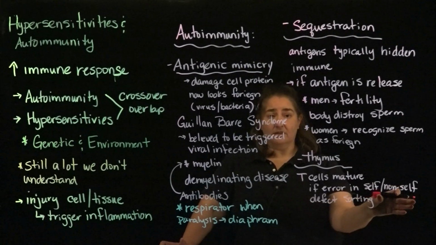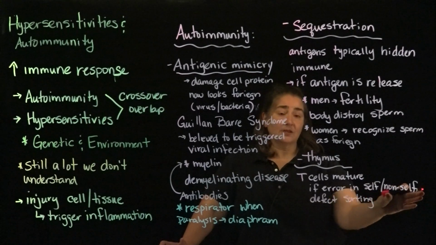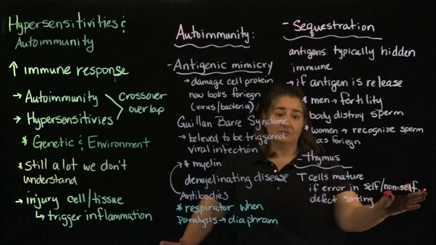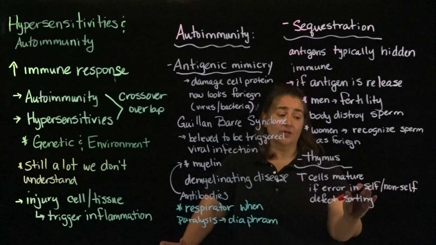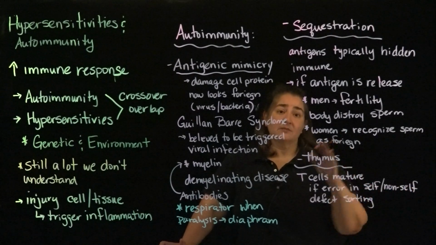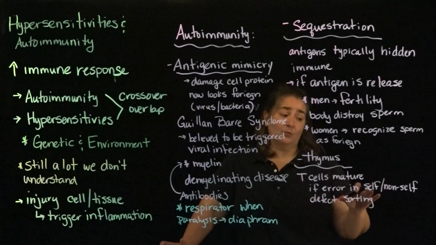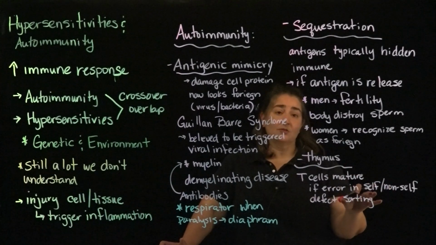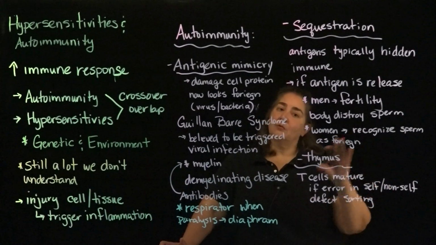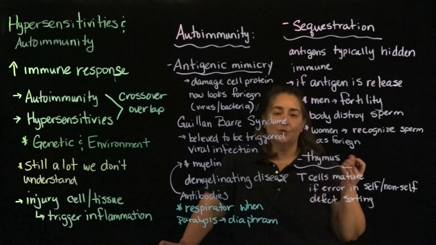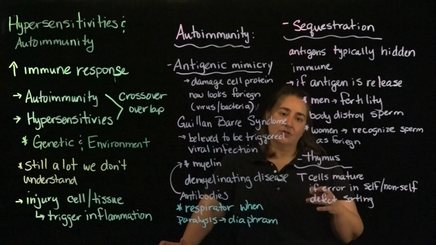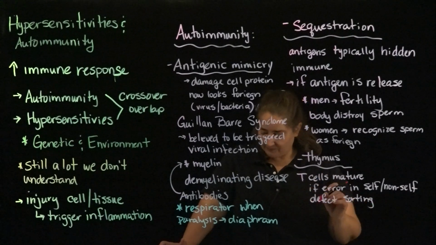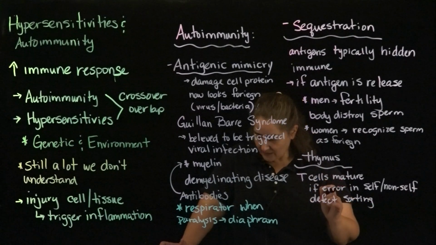self versus non-self, okay? So typically the thymus leaves the non-self T cells because you want to recognize the things that are foreign. It'll get rid of the self. Sometimes you get an event where one of those may escape, so you've got a self antigen that will circulate, and when it recognizes that self protein, it'll start targeting it for destruction. Okay? And